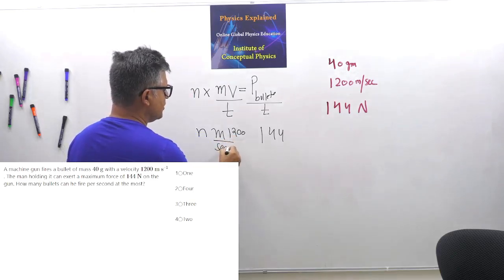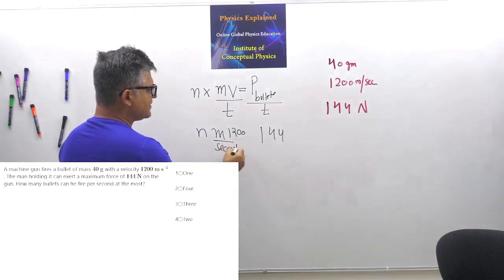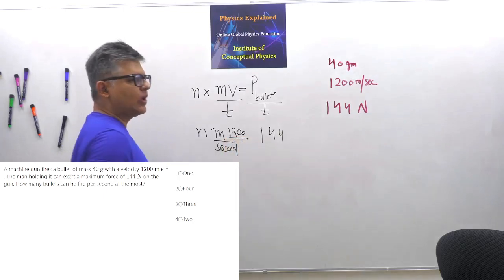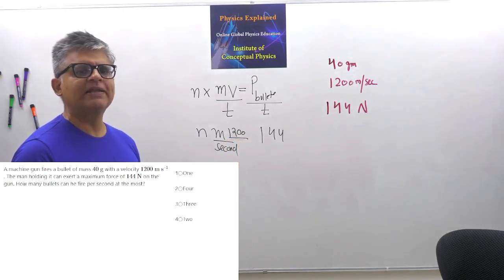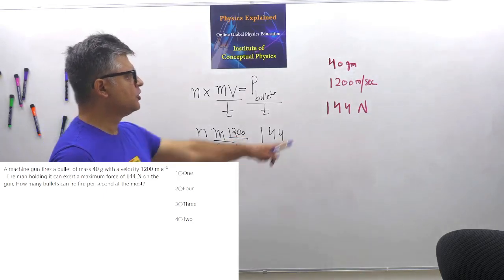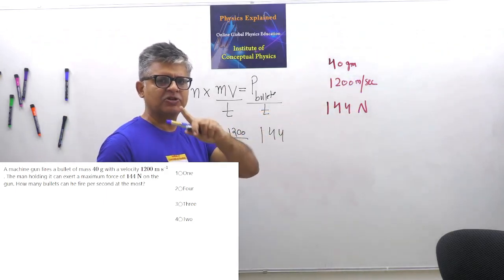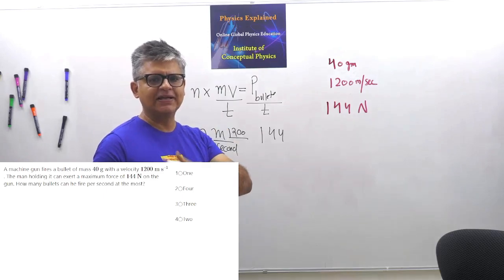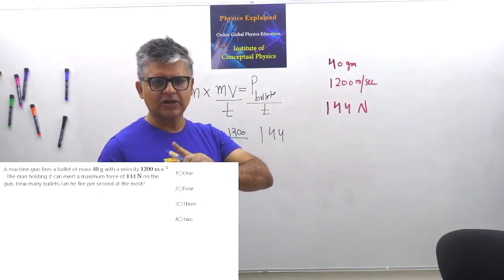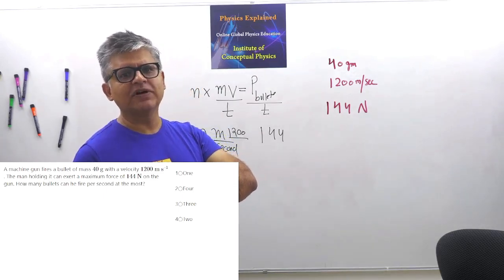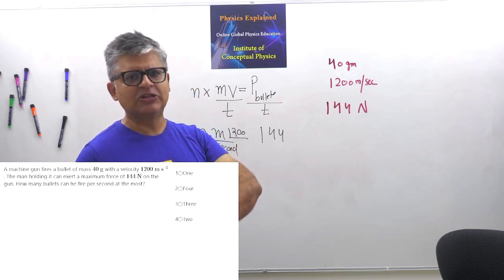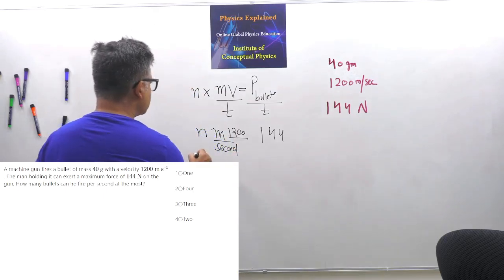If the second of the mass goes to the 1200 meter per second, it automatically becomes acceleration. So it is like 1200 meters per second, because the mass is per second. The second of the mass goes to the second of the velocity in the denominator. So this becomes n